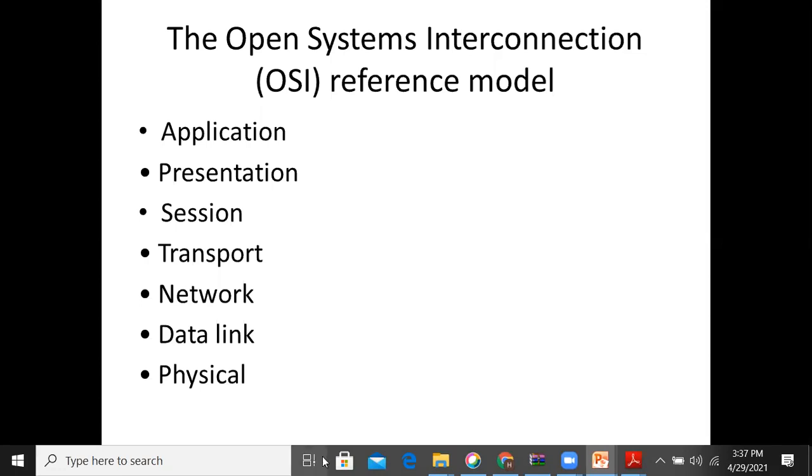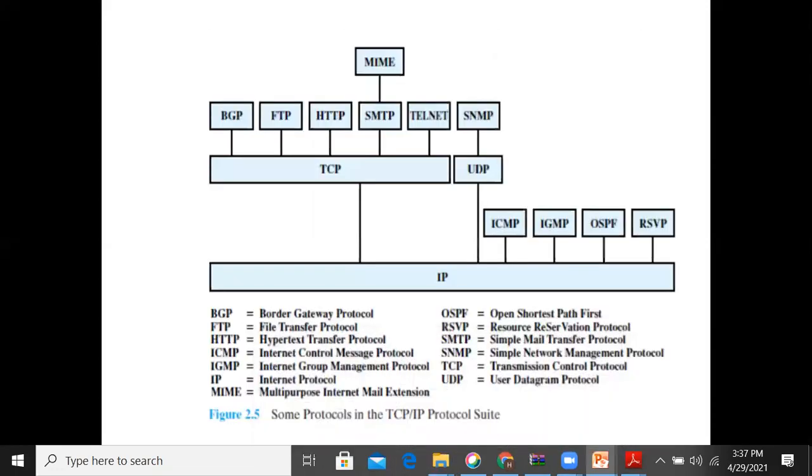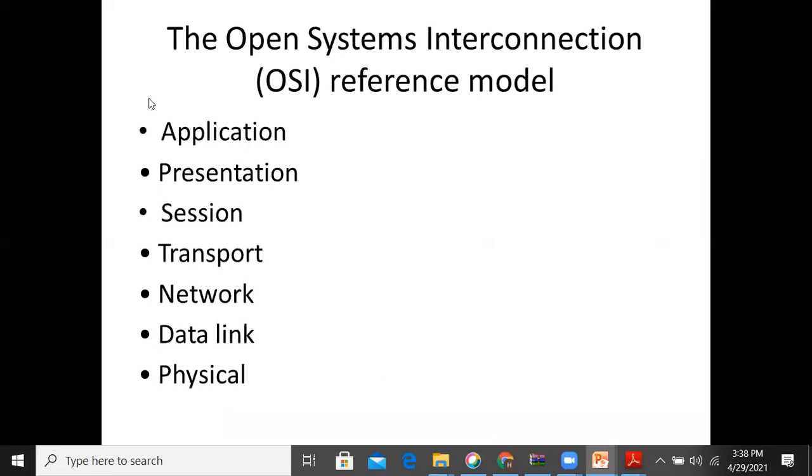TCP/IP was introduced earlier, and then the OSI reference model came into the picture. TCP/IP defines a number of protocols, as I already showed you. But the OSI reference model is not going to give you any protocols.